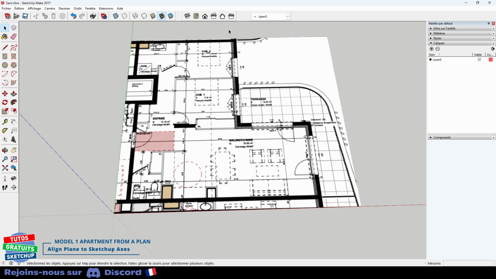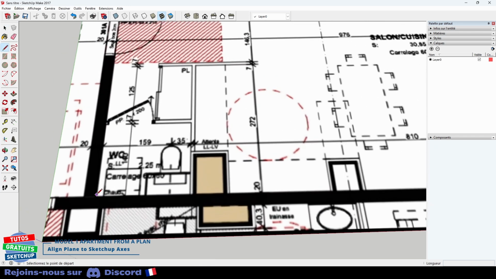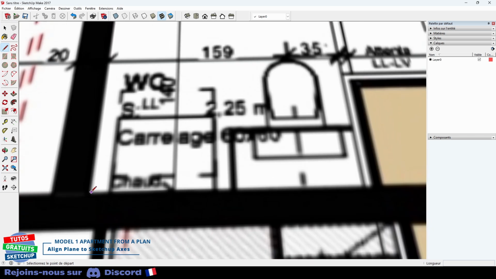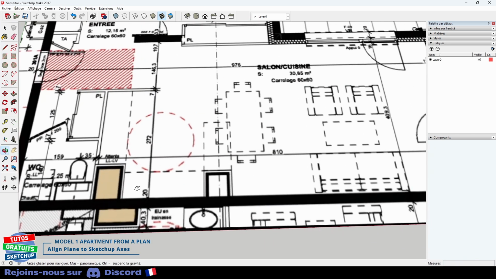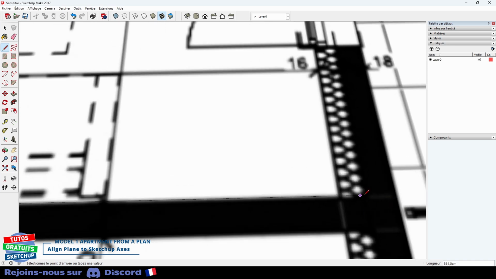The first thing to do now is to check if our plan is horizontal, that is to say if the edges are parallel to my red-green axis. So for this, I'm going to draw a line right here in the corner. I zoom in quite a bit to be in a pretty good position until the end. So while I'm at it, I put myself on the same length as my wall.